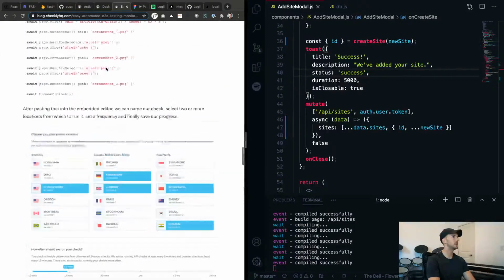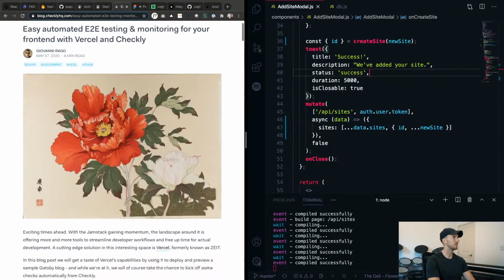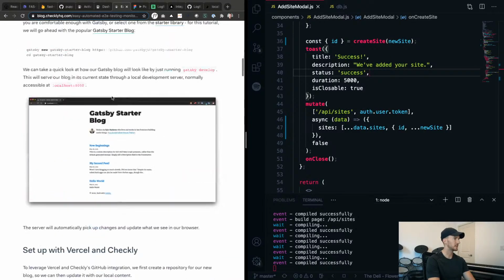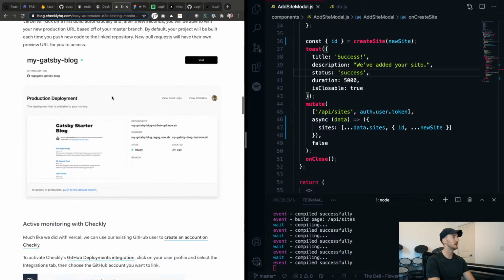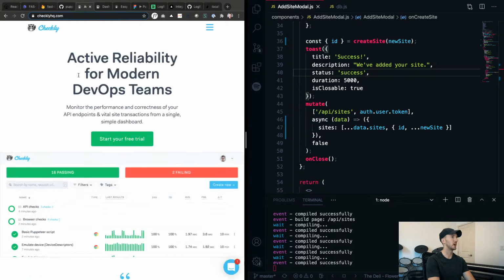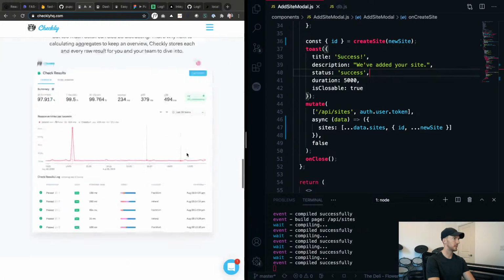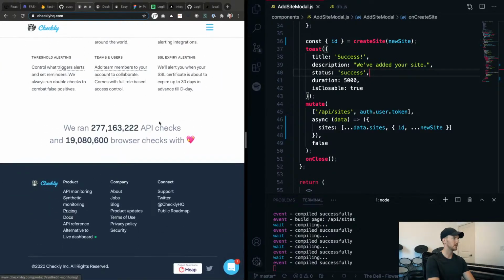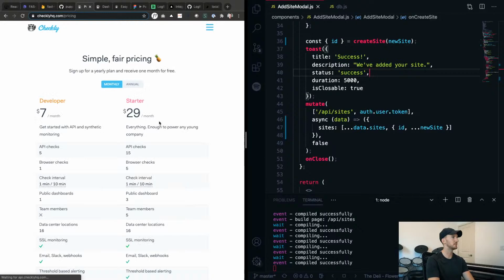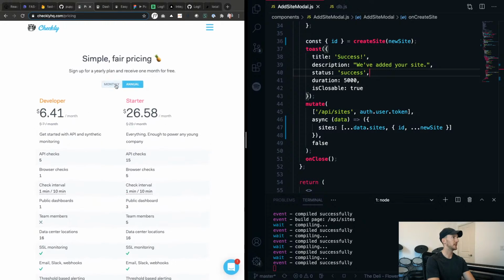I was following this guide that they put out for automated testing with Vercel and Checkly, and I started to look into this a little bit. They're using Gatsby in their example, but basically what I did was I started a free trial, and I think one other thing that I really like about Checkly is it has pretty reasonable pricing plans. I'm probably going to step up to this developer plan, probably on an annual basis,